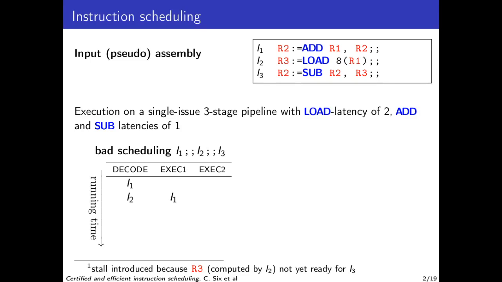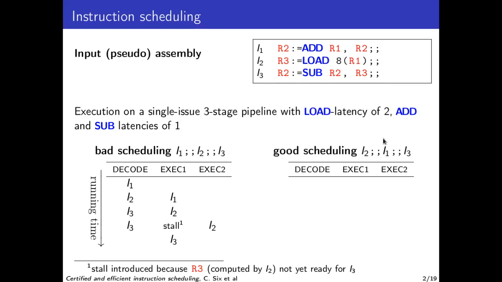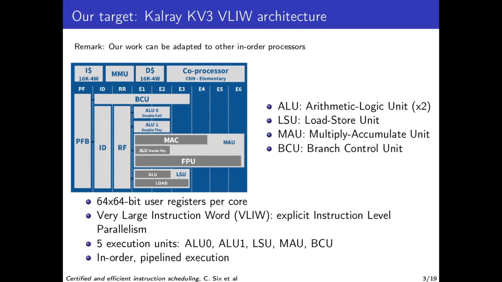Now if we try to execute that code, we see that the processor inserts a stall here, because R3 is not available yet. The load needs 2 cycles to get the value of R3, and only 1 cycle happened between the load and the sub. However, if we swap the order of 2 and 1, we don't have this issue anymore, which makes us win 1 cycle. We want instruction scheduling to benefit our target, the Calais processor, though our work can also be adapted